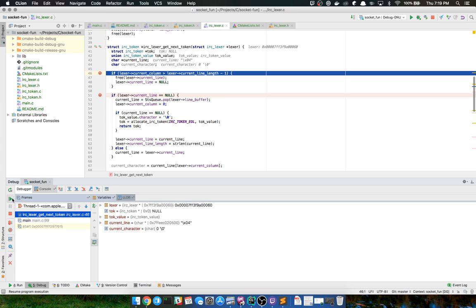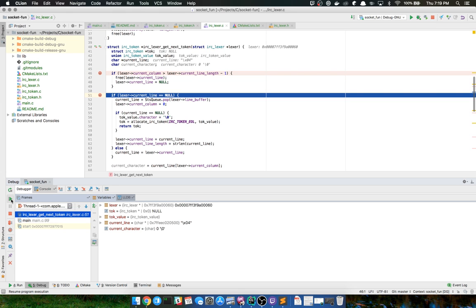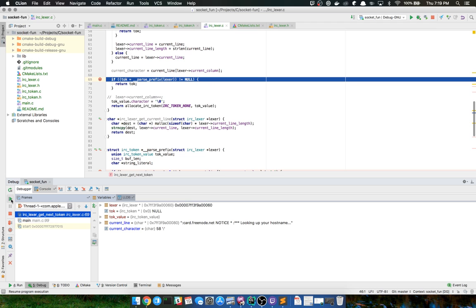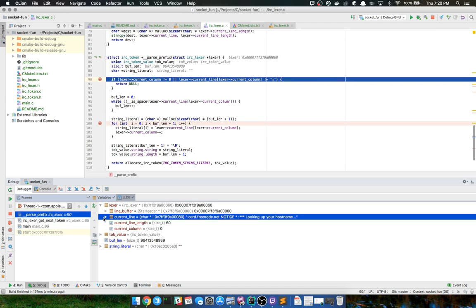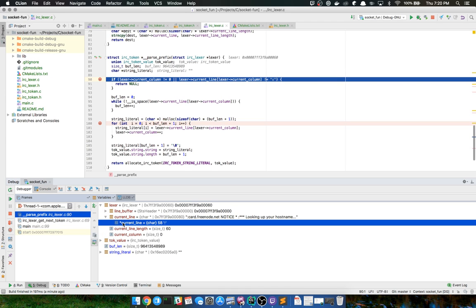Alright, that should be enough time to buffer this thing up. Let's go ahead and get there. Yep. Okay, so current line is set to that. That is actually the colon. So if it is not equal 0, which it is, or the current line, current column is not equal to that, return null.